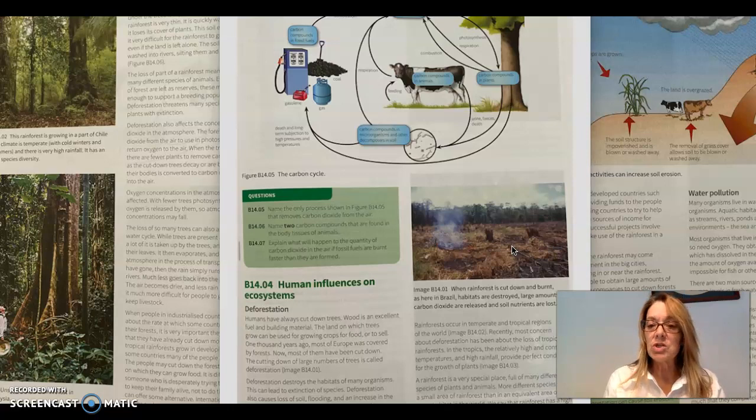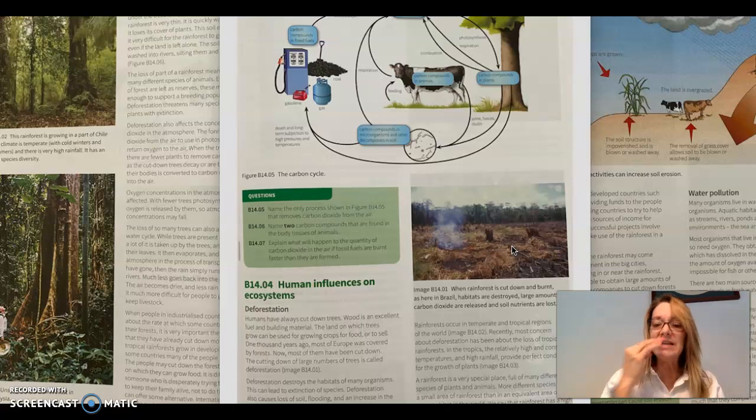Rainforest deforestation is huge right now. A lot of the Amazon is being destroyed and the rainforest is being cut down for businesses and homes and things like that. We didn't go into all of the ecosystems and the biomes, you do that in middle school, but rainforests have the largest biodiversity that there is, right? We've got little itty bitty microscopic organisms, we've got insects, we've got animals, we've got plants, we've got all kinds. So the biodiversity within a rainforest is massive.